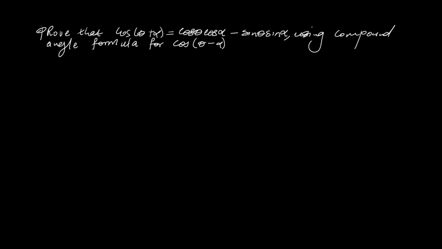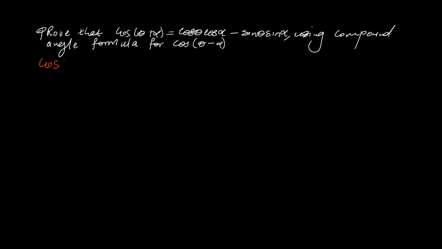Now we are required to prove the compound angle for cos(theta plus alpha), to show that cos(theta plus alpha) is equivalent to cos theta cos alpha minus sin theta sin alpha, utilizing the compound angle formula for cos(theta minus alpha). So one thing that we know is that